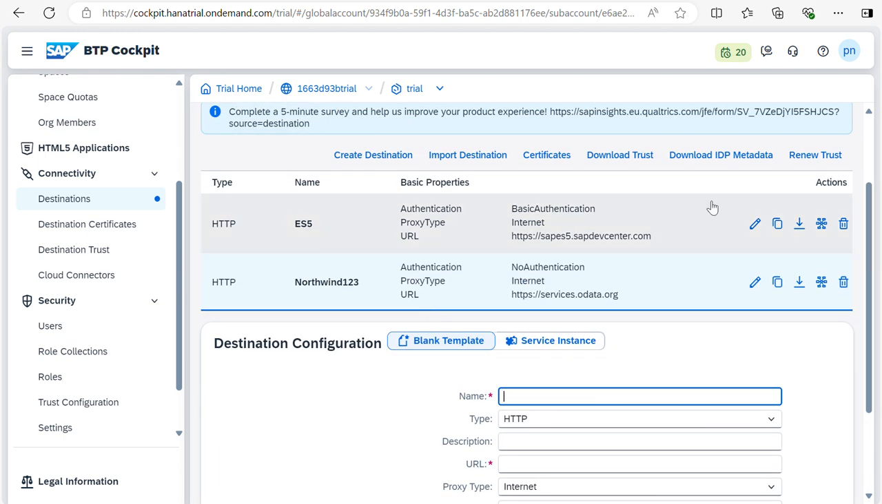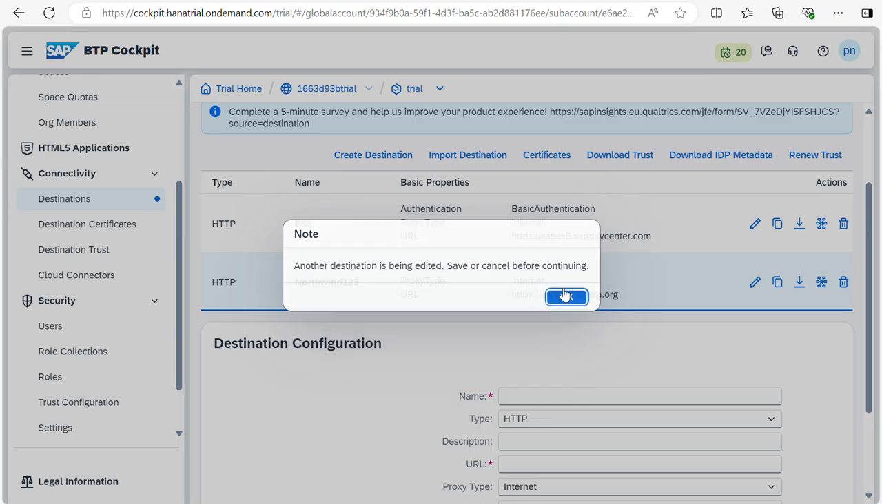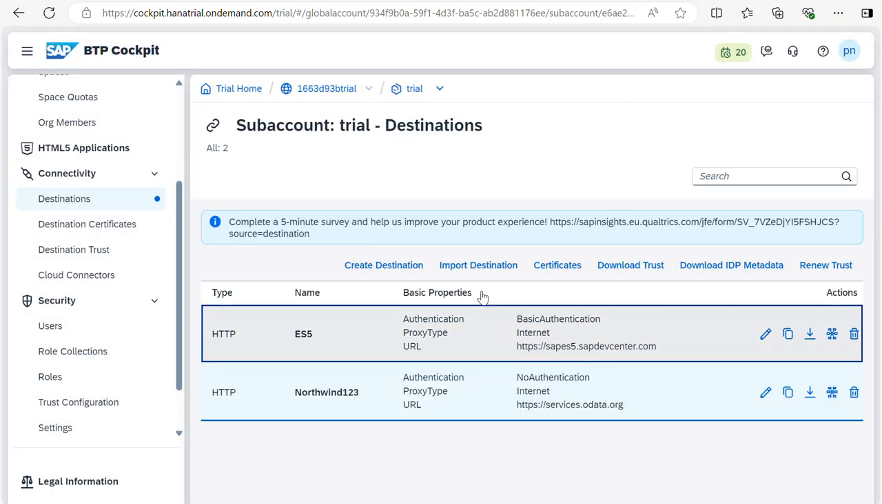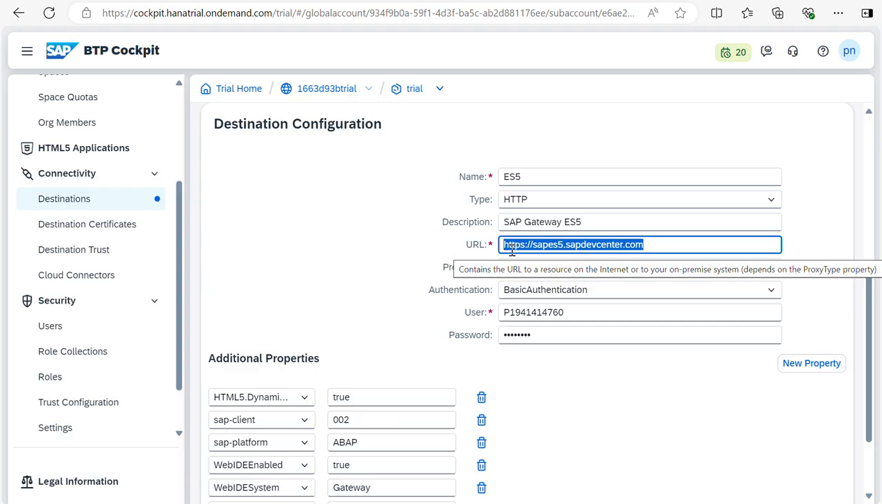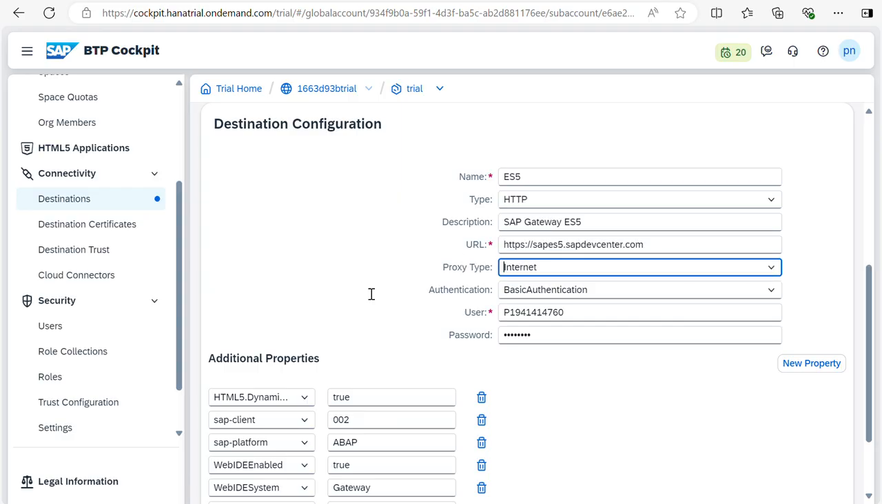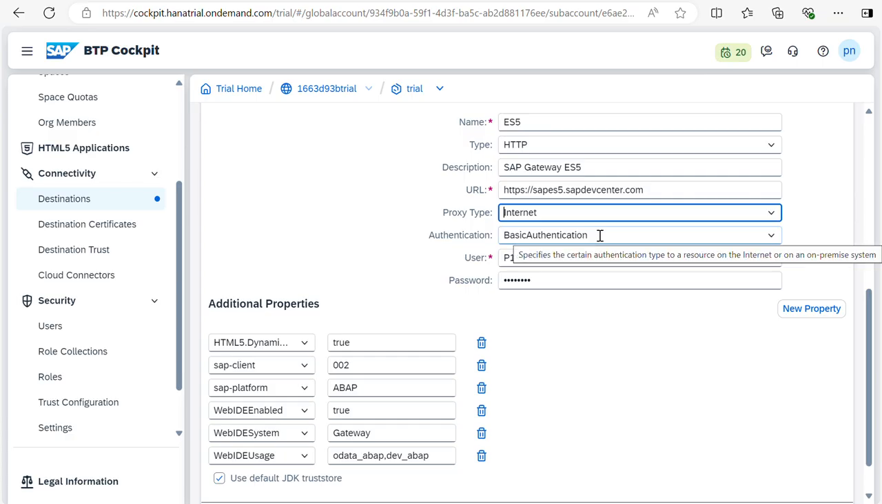I already maintained that. Let me cancel and show you this. See, you have to enter the name, type, description, and this URL you have to maintain. I will put this URL in the description. Please use it. Then you have to maintain the basic authentication and username and password. How you will get this username and password is